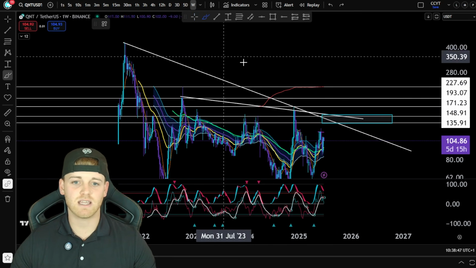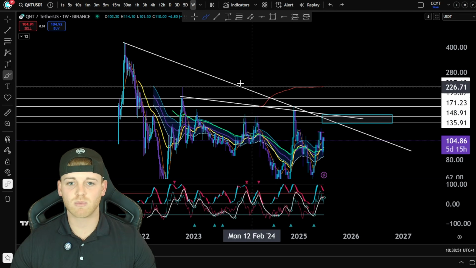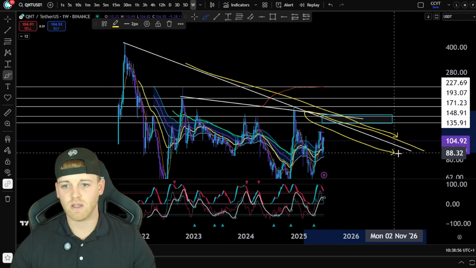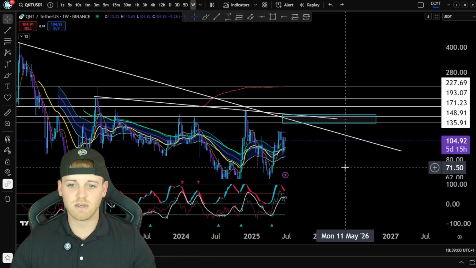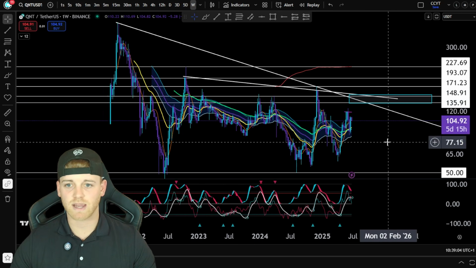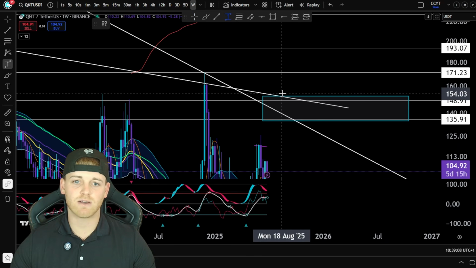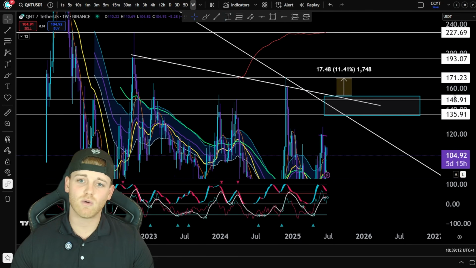And that was, you can see, a very, very strong level of resistance there as well and there. So when we do break this trend line coming down as well, guys, which is actually down here now, that is going to be another breakout scenario, okay? Not to mention all of these other resistance points that will be looking like a breakout as well. So the golden pocket sort of trade that we're looking out for here is going to be something along the lines of this. It's going to be around 11.41%.